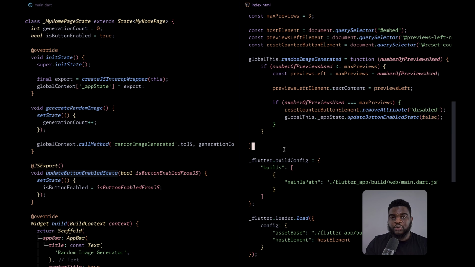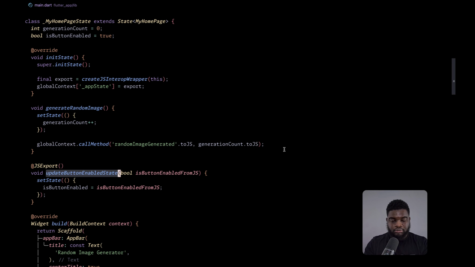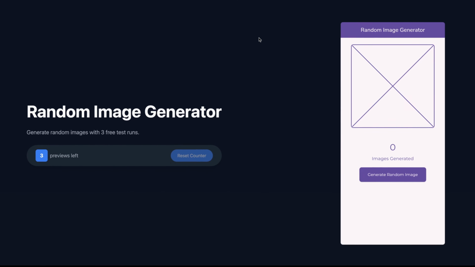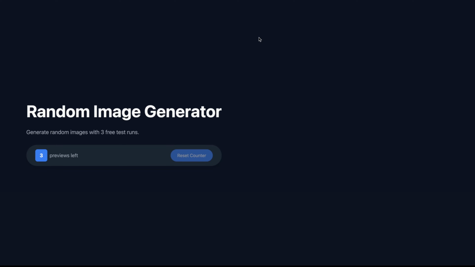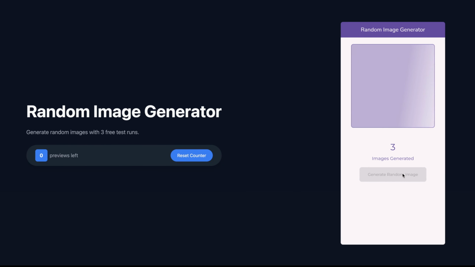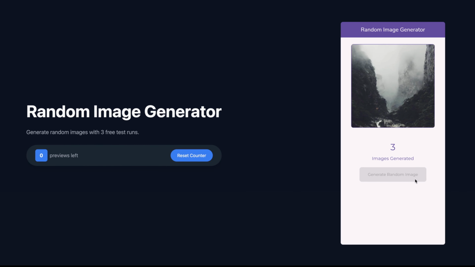The final thing we need to do for this step is to rebuild the Flutter app. Now we can refresh the web page and then tap generate random image number 1, number 2, number 3. Now the generate random image button is disabled.